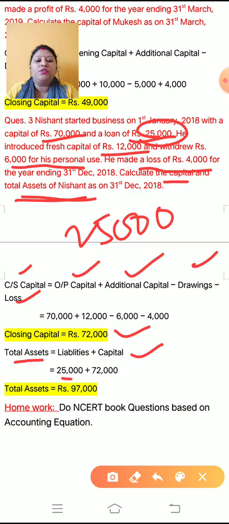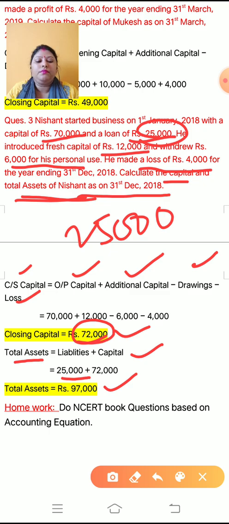So this you have to write down in the liability 25,000 and capital you already found out 75,000. Remember this thing, you have to take only closing capital because you are finding the closing asset. So you have to take closing capital. So total asset is